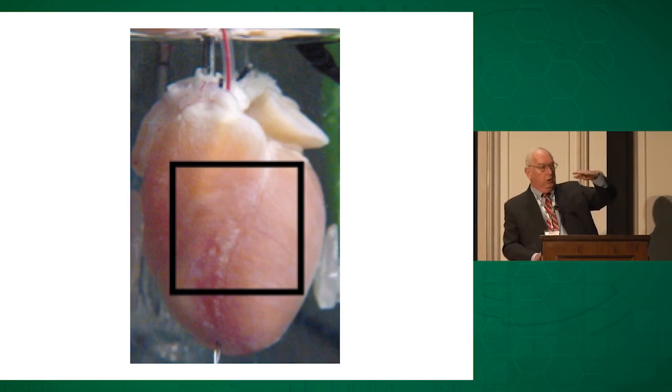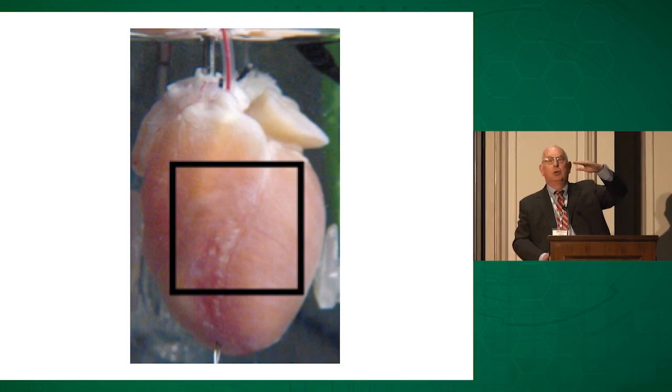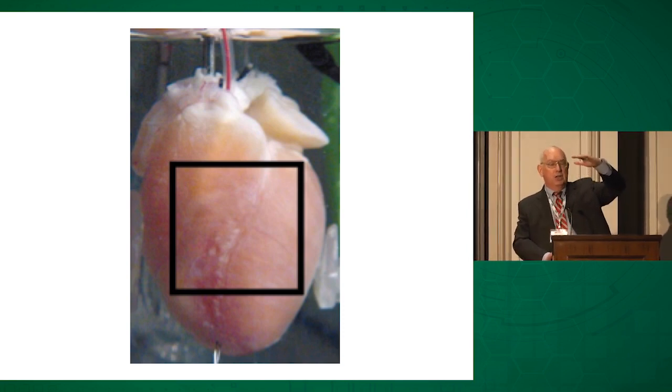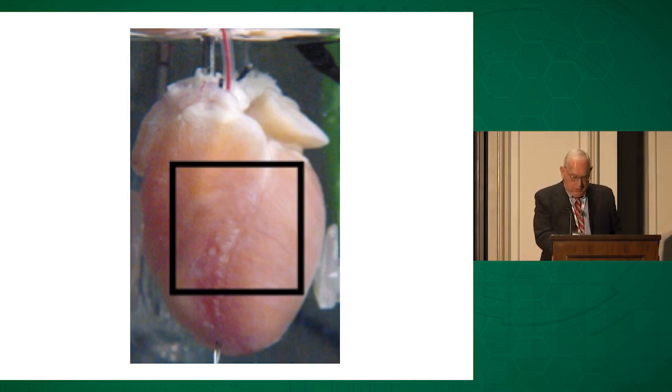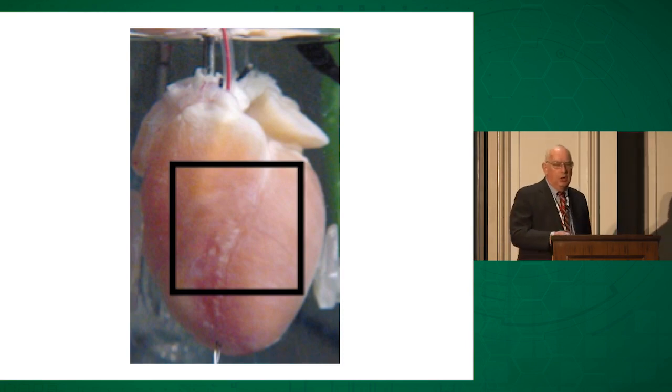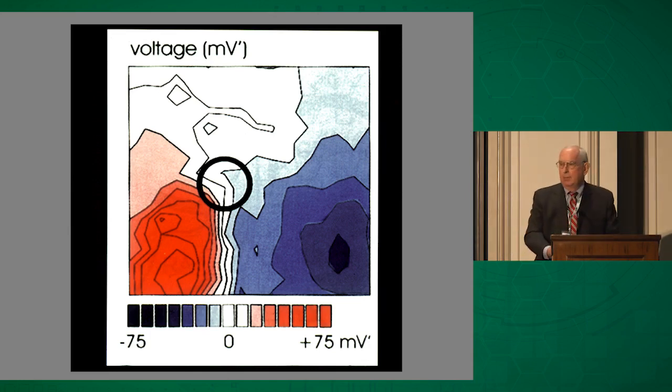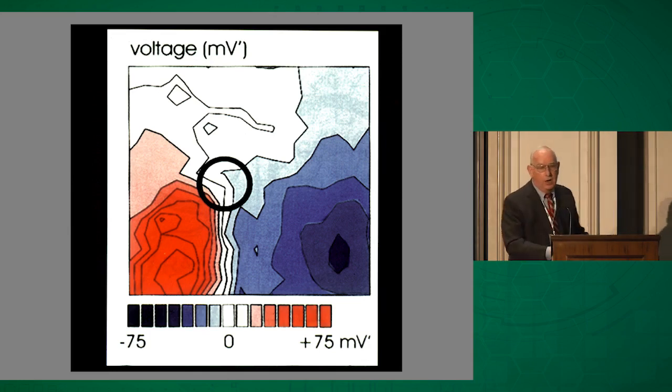And that took a bigger shock. So if you then kept giving higher and higher shocks, then you might still generate a new wavefront, but it wouldn't go back into VF. So the rate limiting thing on why you need a certain shock strength to defibrillate is so you don't reinitiate VF. So people tried to say, well, okay, how does a shock reinitiate VF? This is a study of optical mapping performed by Igor Efimov, not our group,